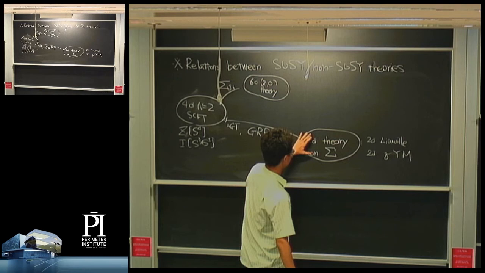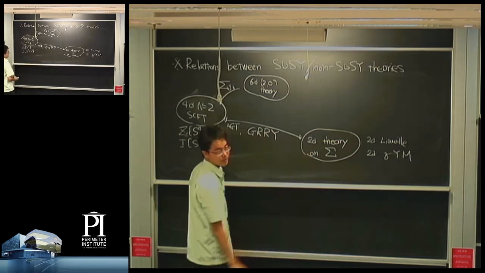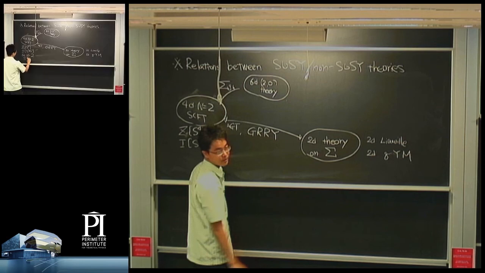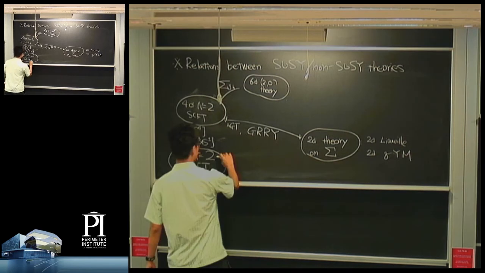The problem I'm going to discuss today is that, instead of starting with these, dividing 6 dimensions into 4 and 2, we can start from 3D N=2 theories, 3D N=2 SCFT. Well, it's going to be non-conformal in the UV, but it's going to flow to a conformal fixed point. So depending on the preference, we can call it SCFT. And so it's going to be 3D supersymmetric theories. And these are going to be related to 3D